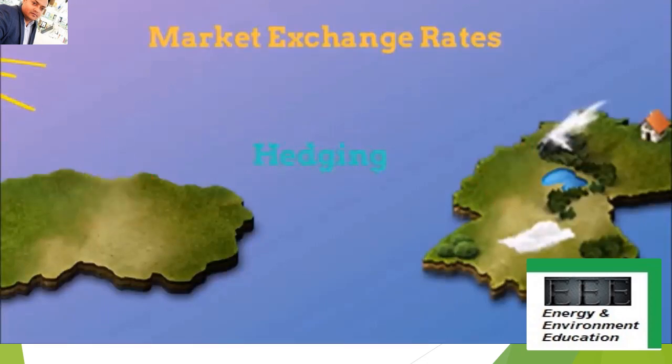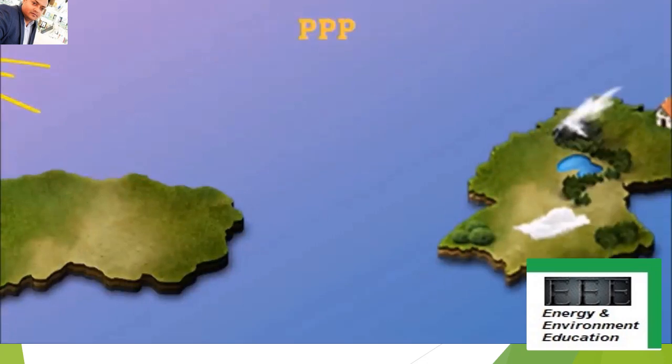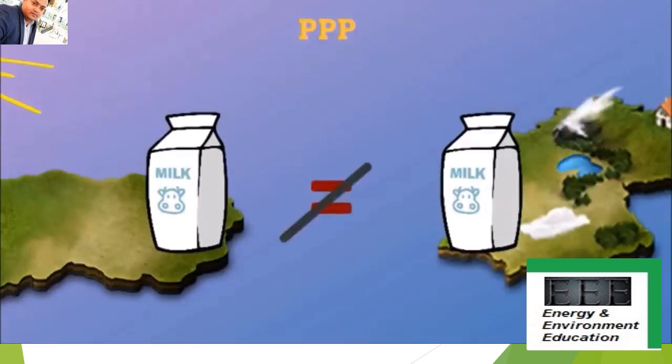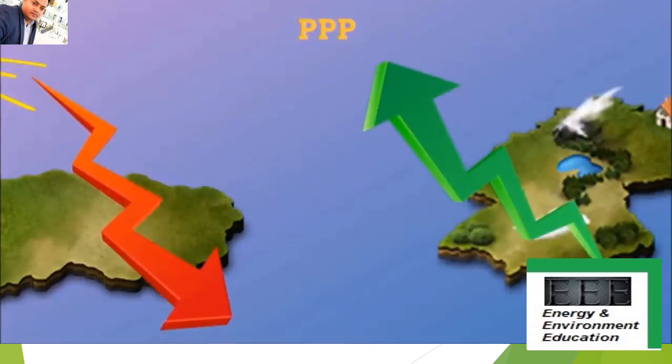On the other hand, PPP rates are often difficult to determine because of differences in purchasing habits among the citizens of different countries, unequal quality of goods in those countries, and differences in each country's economies. But once the PPP rate is determined, it remains relatively constant over the long run.